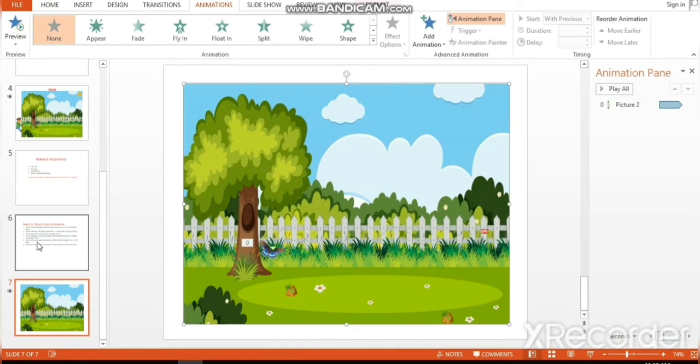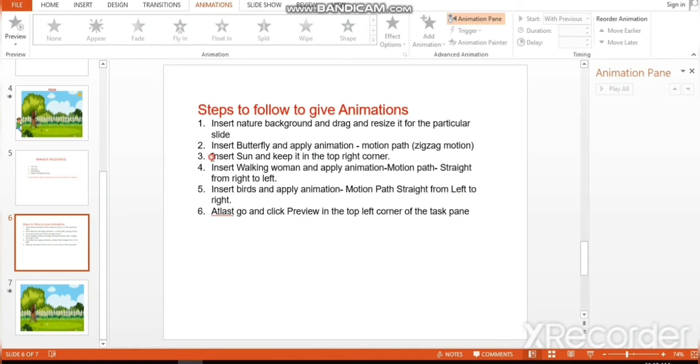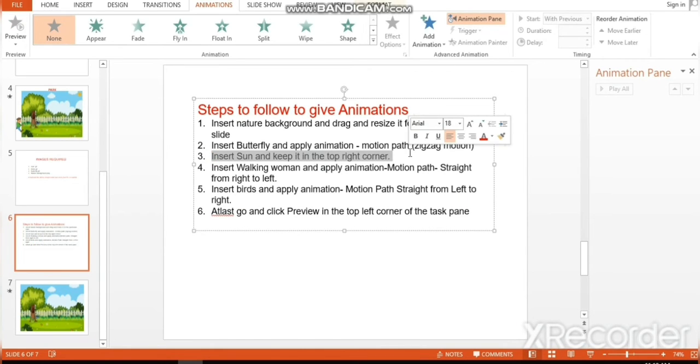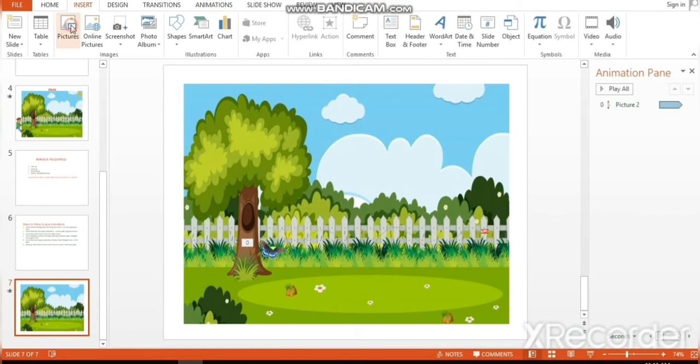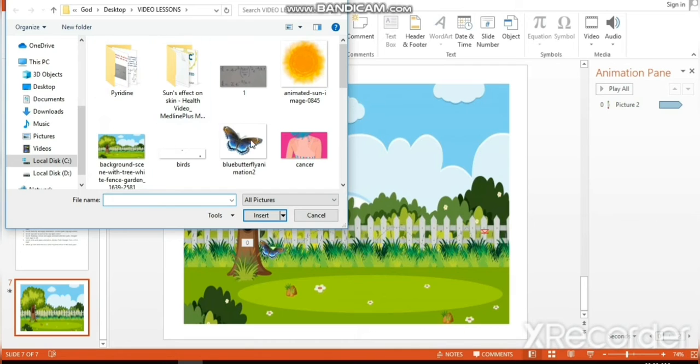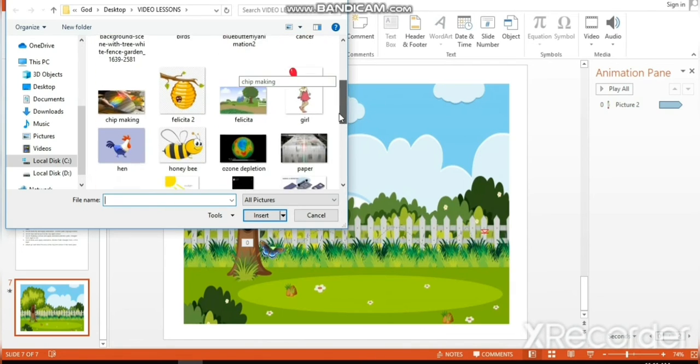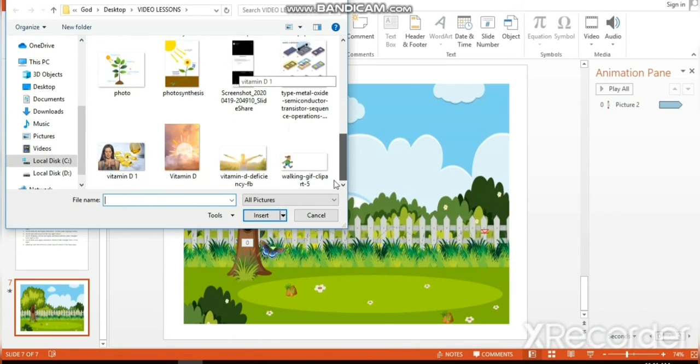And then we insert the sun and keep it in the top right corner. For that you have to go to Insert and insert pictures. Here I am searching for the sun GIF image.